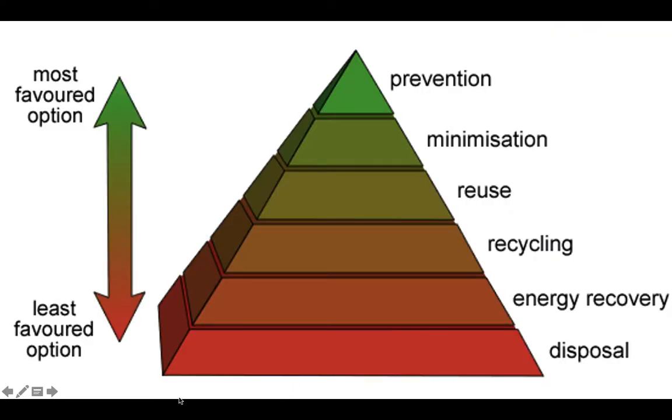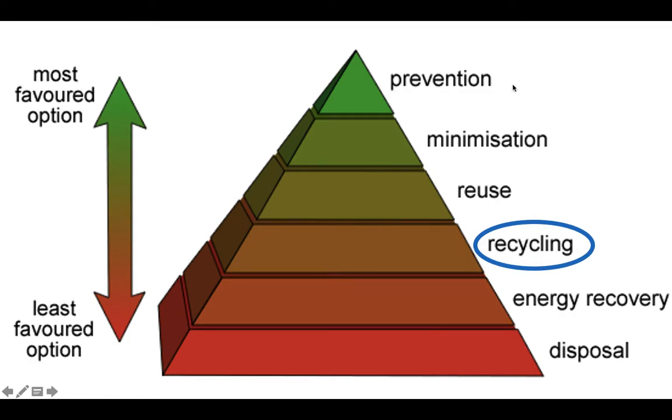So if we take a look at this pyramid, this looks at the number of different ways we can tackle the issue of extreme amounts of solid waste, with green things at the top being the most favored and red things at the bottom being the least favored. Obviously, disposing of that waste is going to be the worst thing that we can do, but preventing that waste is going to be key. Burning that waste for energy is towards the bottom. Notice that recycling is kind of in the middle. It's okay, but it's not the best thing that we can do.